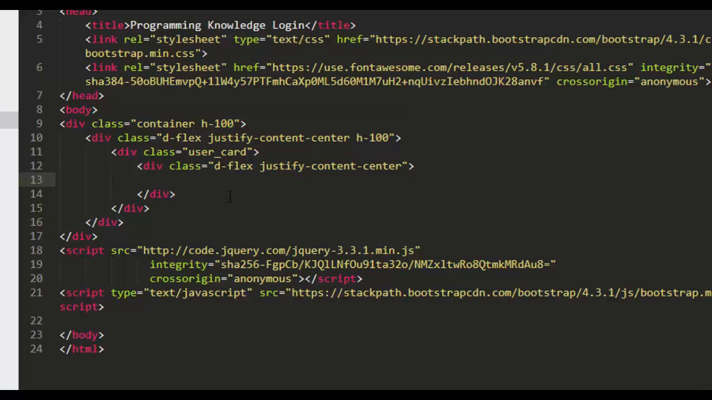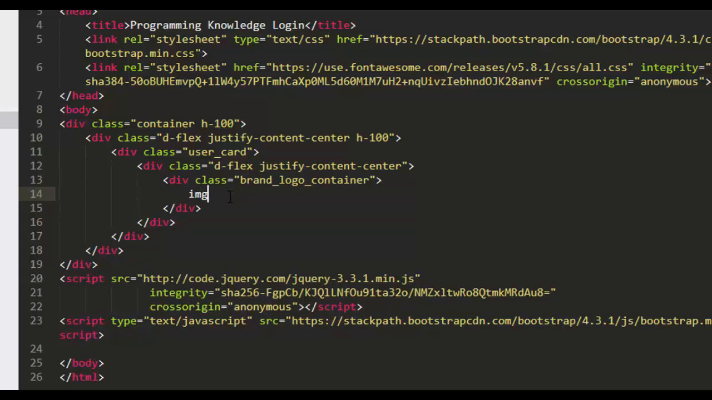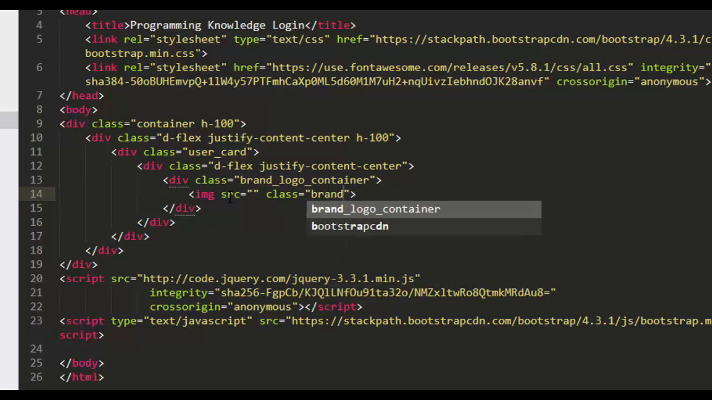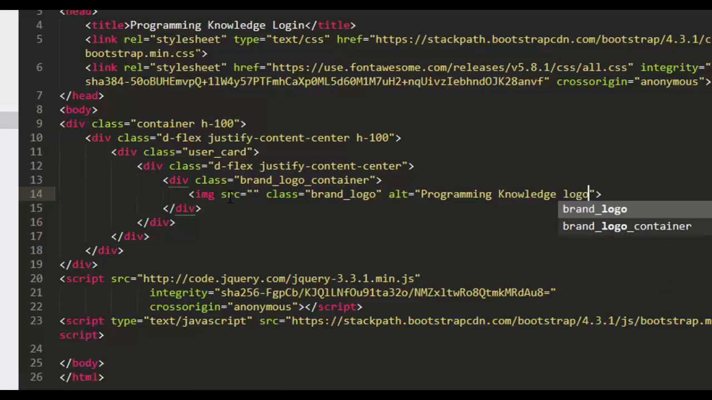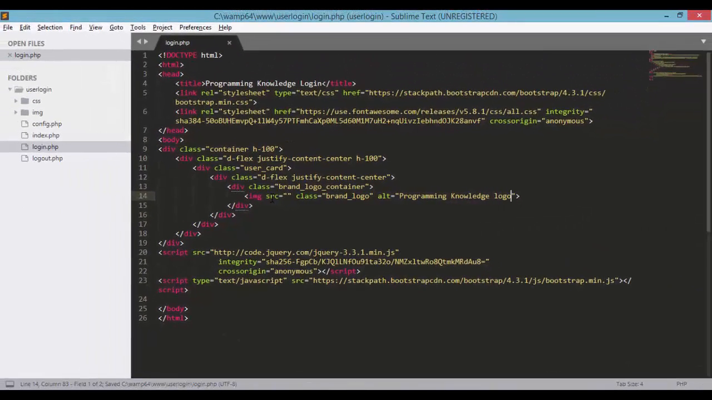So that will be inside another div, which is with the class of brand_logo_container, and we will define our image here for the logo, and let's add a class for our logo, which is brand_logo, and alt text will be programming knowledge logo. Okay,